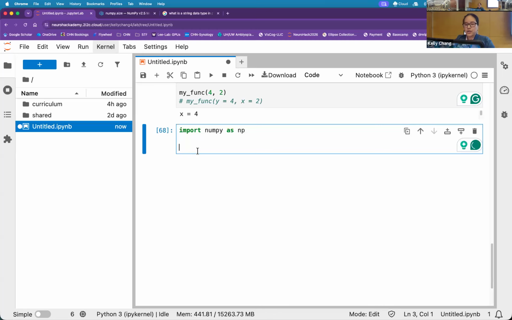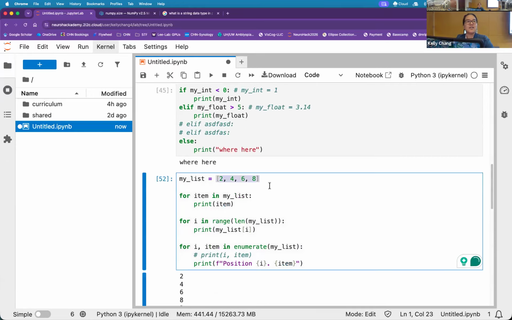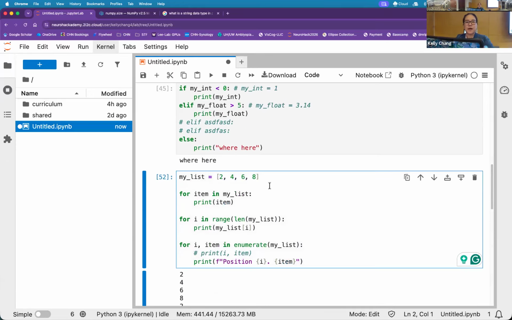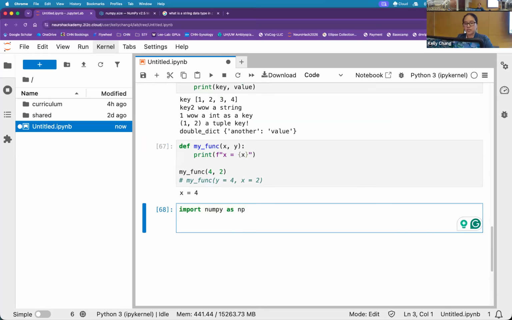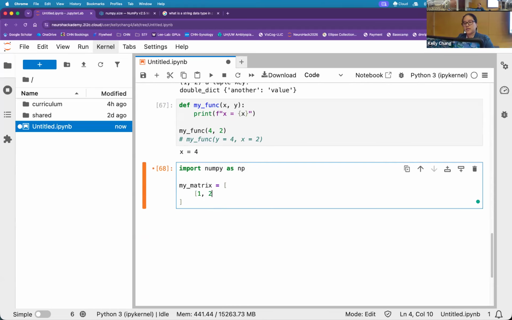Excellent. So the thing about NumPy is that if anybody comes from MATLAB, you know that making matrices in MATLAB is really easy. You also will be defining matrices in MATLAB by default. However, as you saw from the list convention here, that's not really the default in base Python. So if I wanted to make a matrix, like my matrix in Python, you're going to have to watch me do a little bit of creative spacing here.